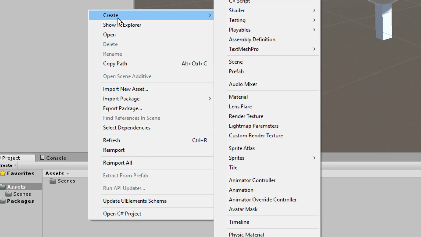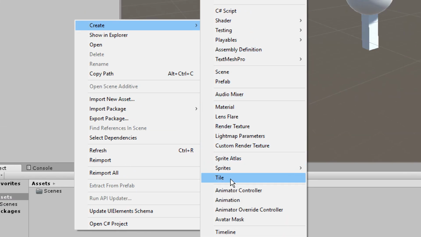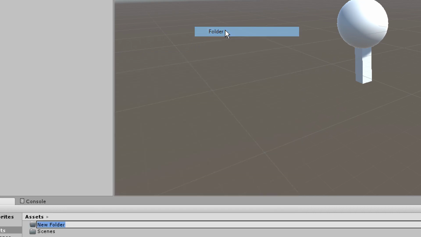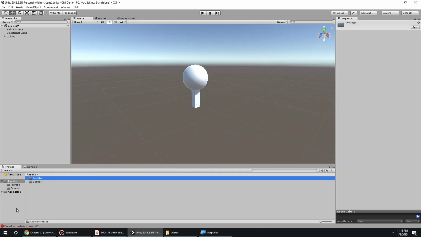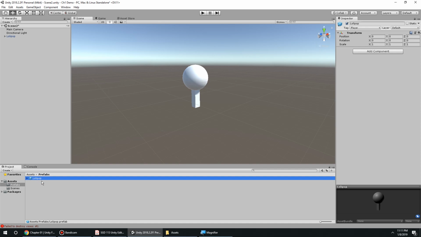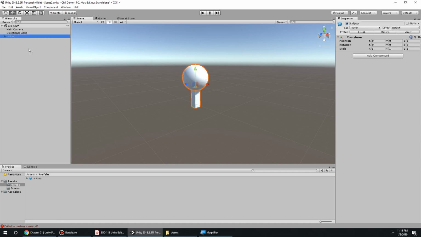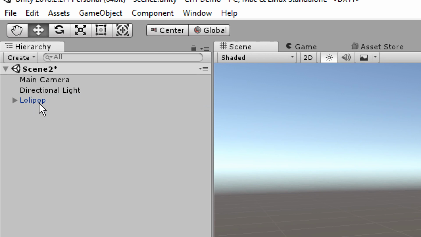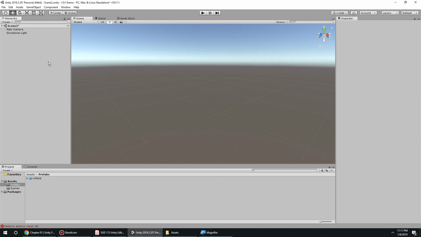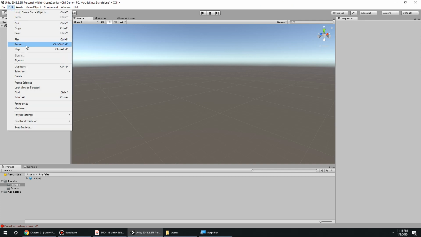I'm going to right click in some empty space, create a new folder. We're going to call this Prefabs. And then I can take my lollipop and drag it down right there. And now you see that my lollipop in my hierarchy is blue now, and I can delete it. And anytime I'm going to bring my lollipop back in the scene, or maybe heck, let's go